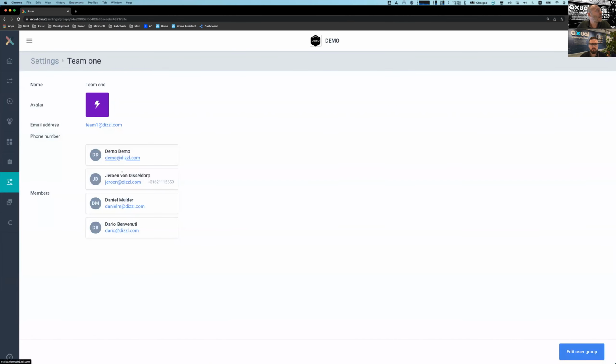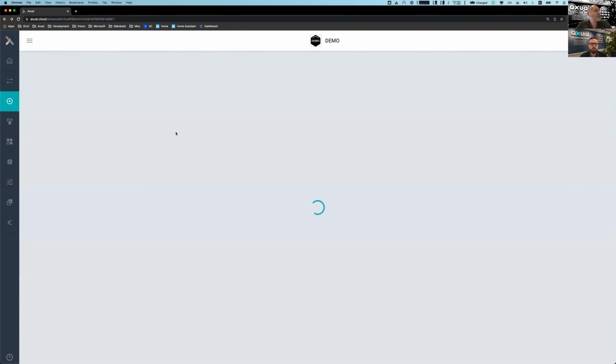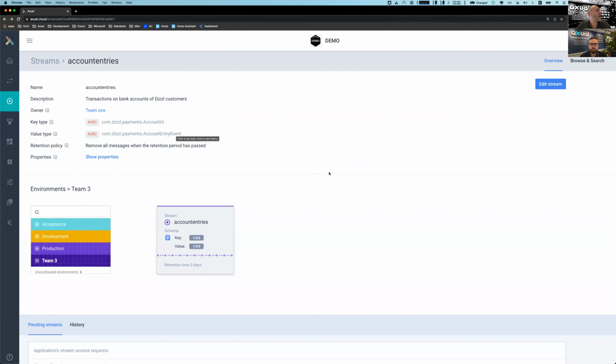You can see here that I am part of this team, which gives me the access rights to also modify this topic. So it gives me the edit stream button here, and it also allows me to configure the topic deployment for specific environments. There is a key type and a value type associated with this topic, a retention policy.